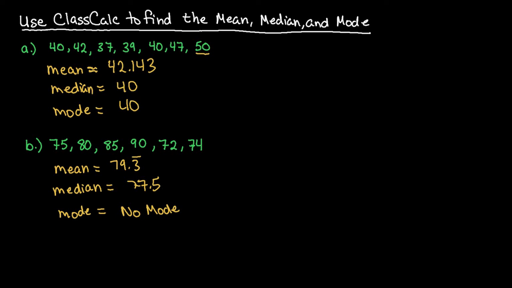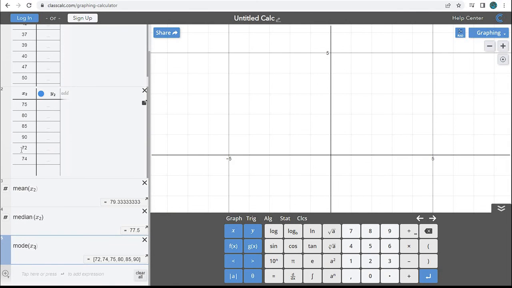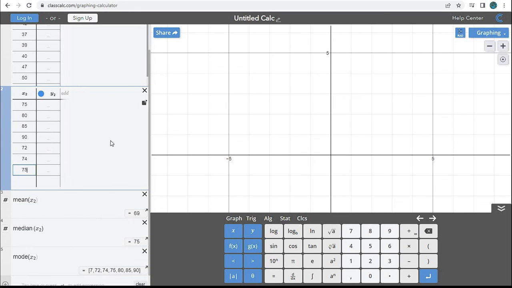Something that is nice is that if you noticed by using the x2, if I notice that I mistyped a value, or maybe the problem adds another value to it, so like let's say that 75 was added to this list, notice it does adjust all of them accordingly, and now the mode is 75 since the 75 was repeated. If I delete a value, it does automatically change them, so that's another nice feature of using